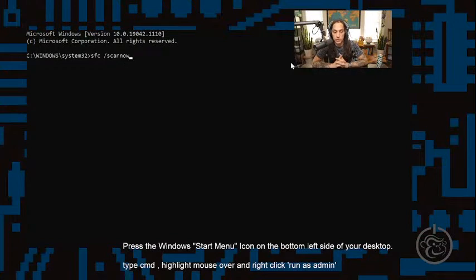This is what's called a system file checker. This checks those files, and it'll try to repair them if it can. If it can't, it'll create a log file, and it'll show you exactly where the destination of that log file is. Now, for the sake of this video, I'm not going to press it because I know my computer will most likely be fast. It'll probably do it in like 20 minutes, but this sometimes, depending